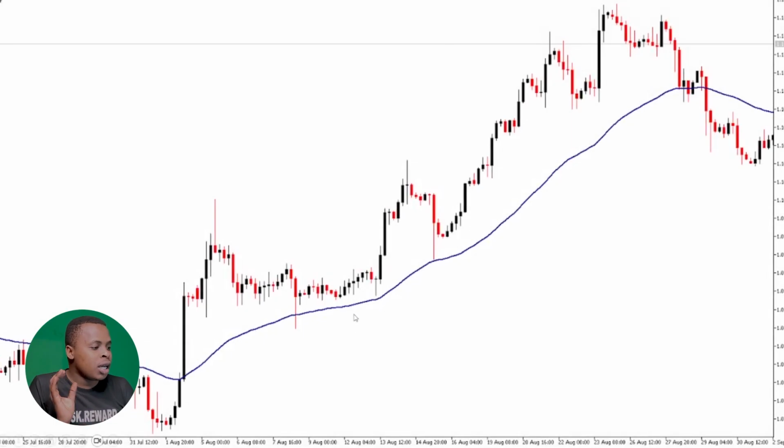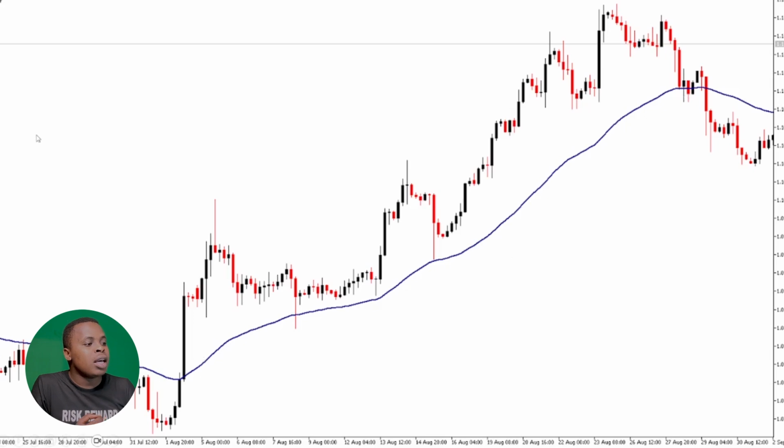If you look at this chart right here, you can see that there are different ways to analyze the market movement. But one of the ways the moving average is used well is that it smoothens out your trends, right? You just want to see the average price over a certain period of time so that you know if the market is in an uptrend or a downtrend. For example, if the price is moving above the moving average and the moving average is following below the